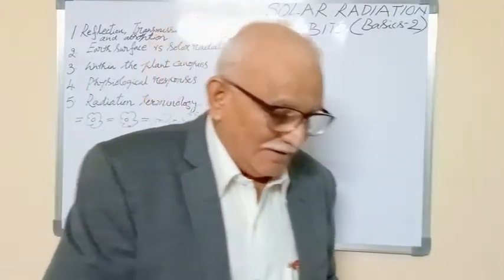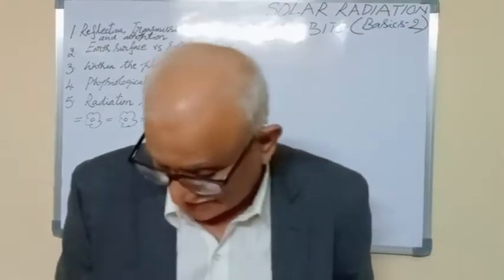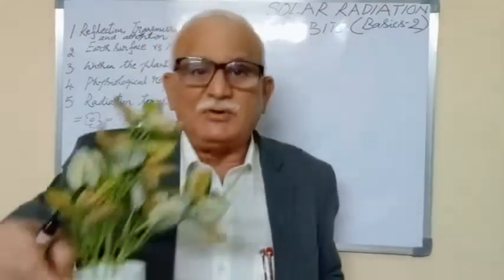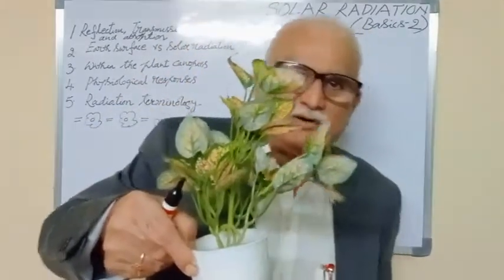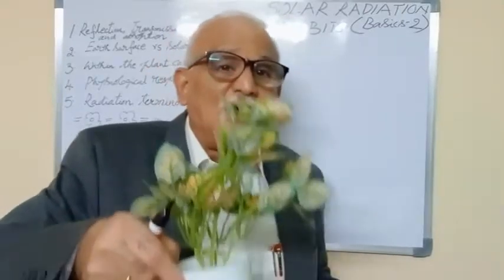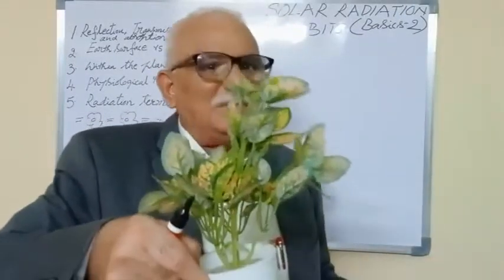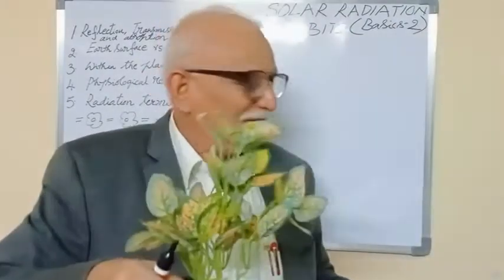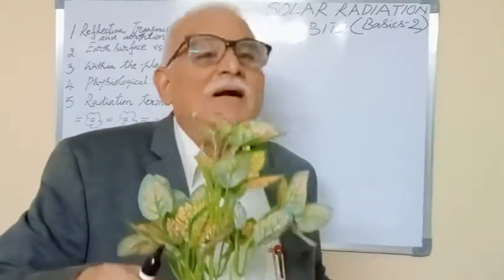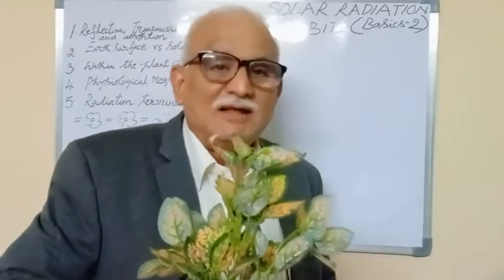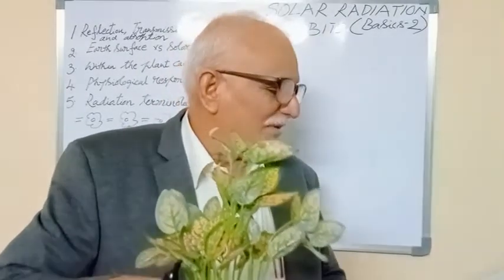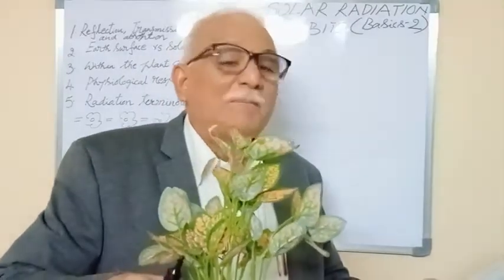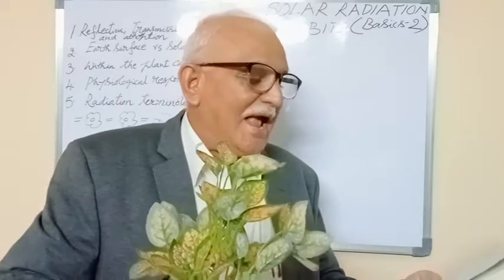Now, see, in the factors affecting the distribution of solar radiation within the plant complex, factors affecting the solar radiation distribution. Presume that this is the plant, the crop. Crop is there like this. 8 factors are there: types of plants, angle of the leaves, chlorophyll content, arrangement of the leaves, plant density, plant height, angle of the sun.